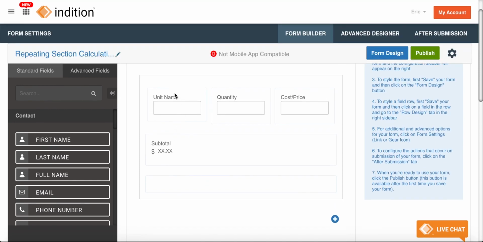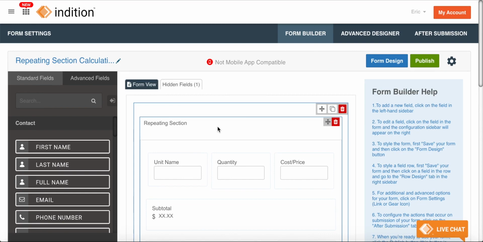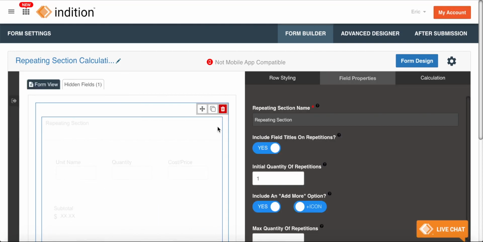So my repeating section consists of 3 different fields: unit name, quantity, and then cost and price. Quantity and cost and price are number fields, and that's going to allow us to use them in a calculation. Unit name is just a text field. So here I'll click on my repeating section,